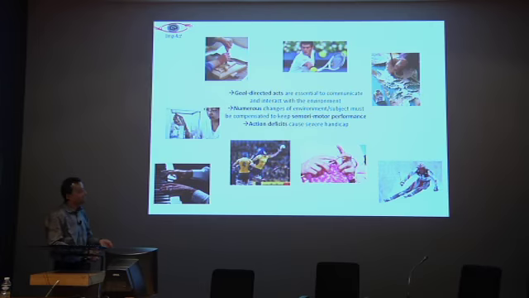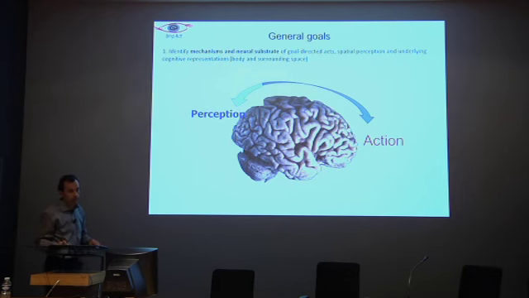And when changes in the environment or in our own body are not corrected by the brain, by plasticity mechanisms, there are deficits in sensory motor performance, and to the extreme position on the clinical side, action deficits cause severe handicaps. So it's very important to understand this coupling between perception and action.